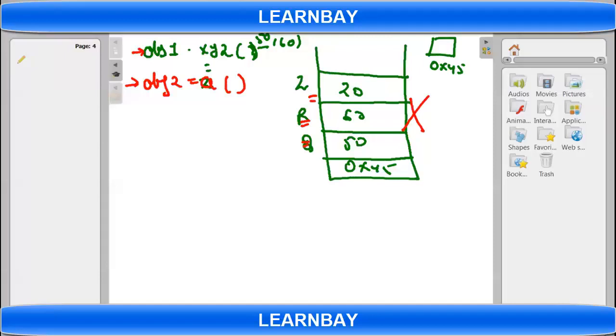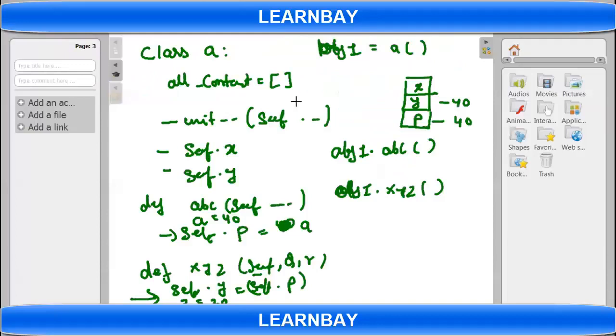Got it? You wanted to access what? You want to access a of this function here in xyz. No, you cannot, because while you were in that function you were able to access it, but when this function returns, the memory of a, self, everything will go. So you cannot access it here.